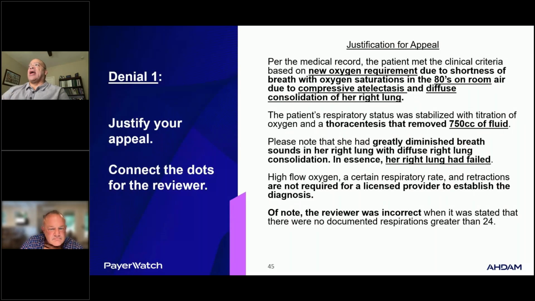This patient also had a thoracentesis done. They removed 750 cc's of fluid. She had greatly diminished breath sounds in her right lung, which I already told you, and in essence, her right lung had failed. She's been placed on high flow oxygen. Her respiratory rate, the high flow oxygen, and retractions are not required for a licensed practitioner for this diagnosis. However, as we go through the record, we look for whether we have a PF ratio